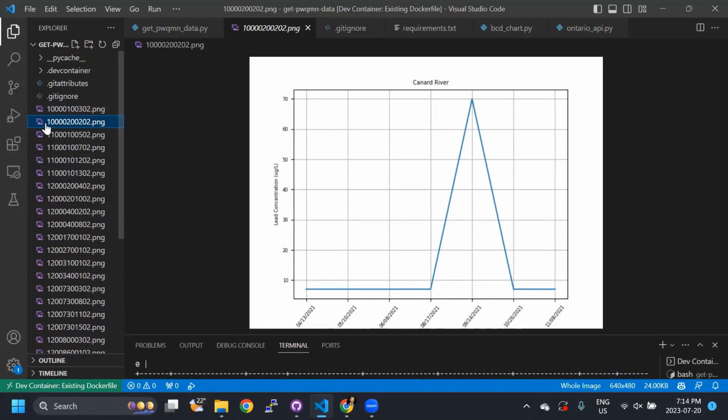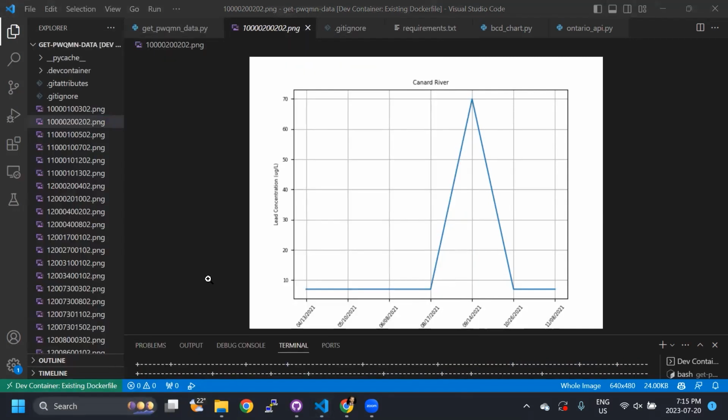Okay, so in my case, I'm using Visual Studio Code. I'm using my editor to interact with the application and actually execute the script. But if we were going to do it from the command line,